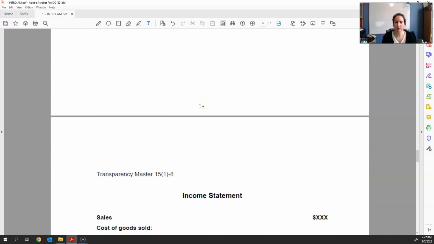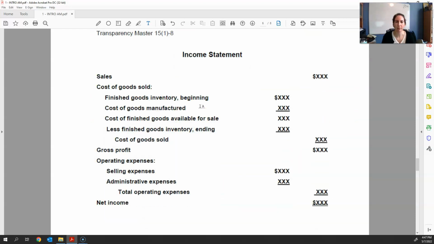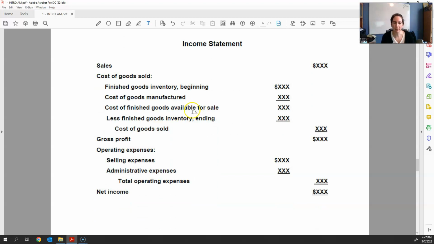Okay, we are going to use a statement, not too much yet. We'll use it more in the future, but we do use it a little bit. The income statement is also going to look a little bit different because we've got sales. This is the norm, right? Sales minus cost of goods sold gives you gross profit minus any operating expenses, which are the selling and administrative expenses. So we just have a little bit more going on in here in the cost of goods sold category